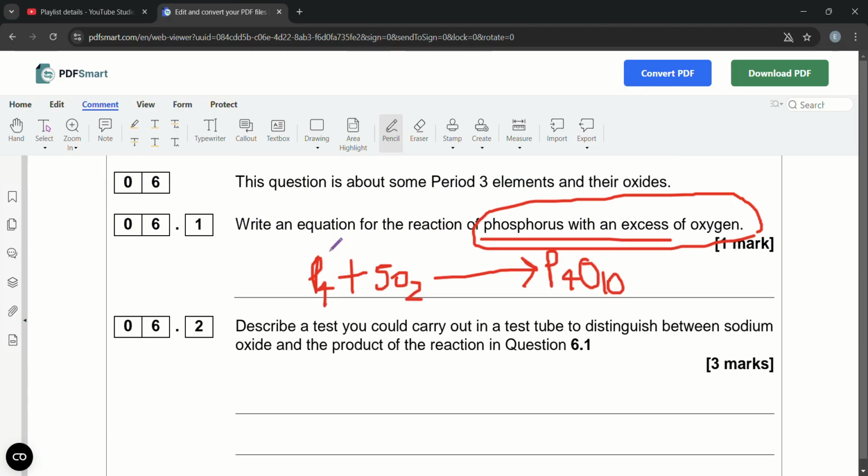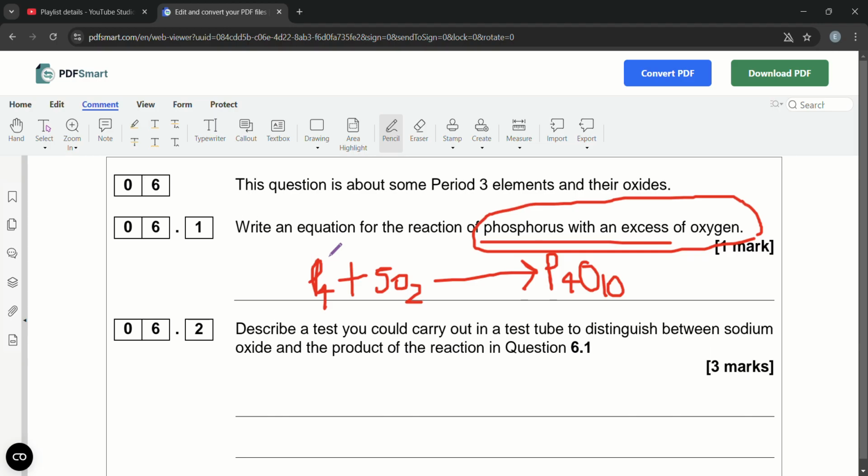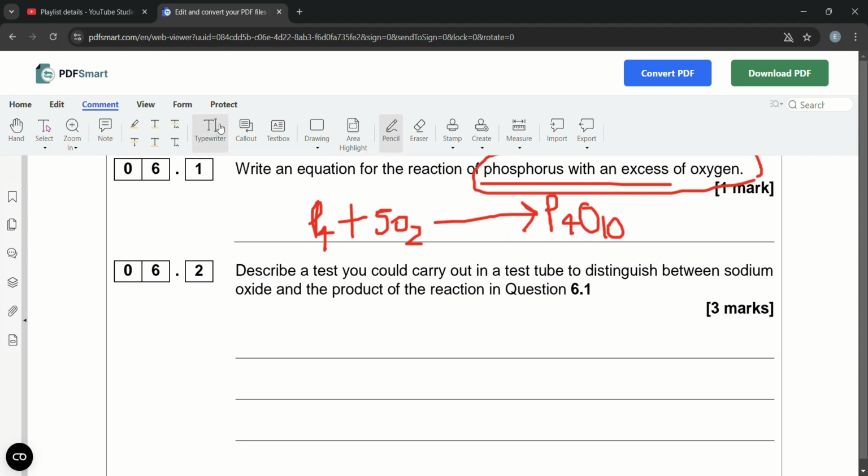And then it says describe a test you could carry out in a test tube to distinguish between sodium oxide and the product in question 6.1. So the product is phosphorus oxide. So the test to distinguish between sodium oxide and the product is going to be: add water, add litmus paper,